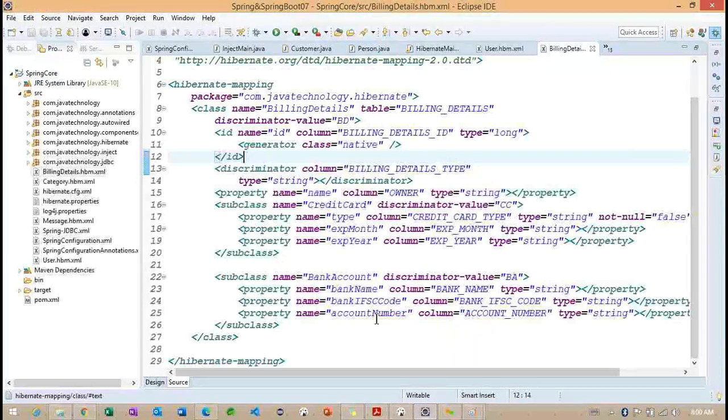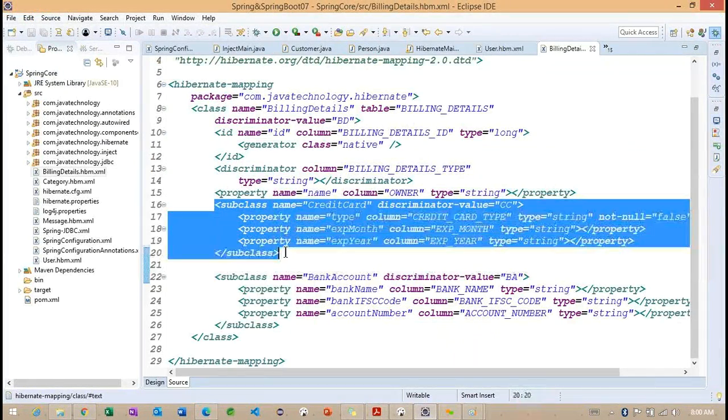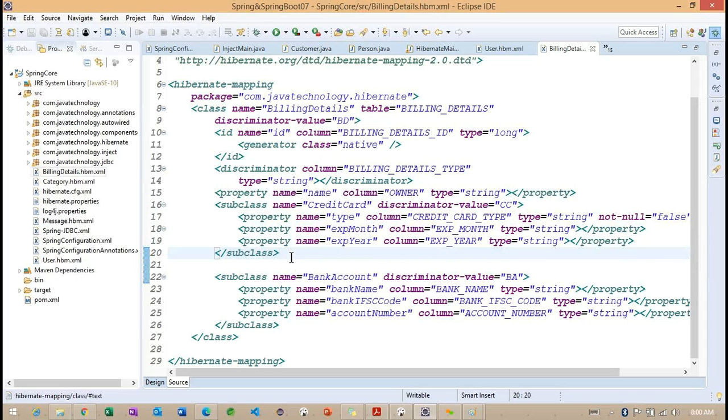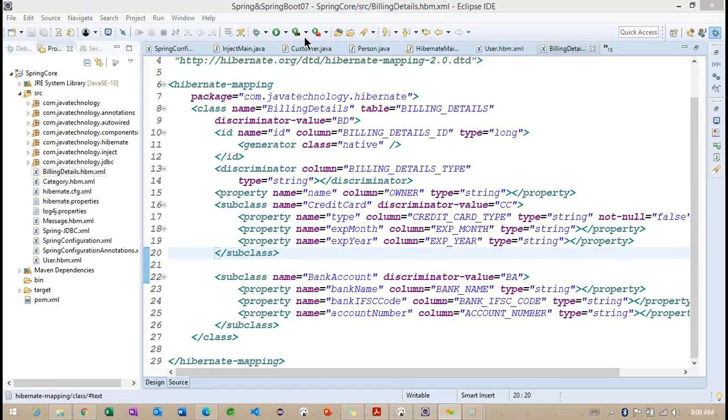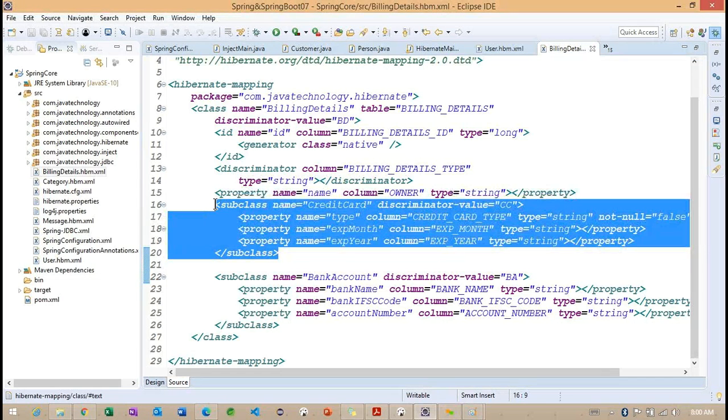Previously we understood the subclass. But when we worked with the subclass, we identified some different information.